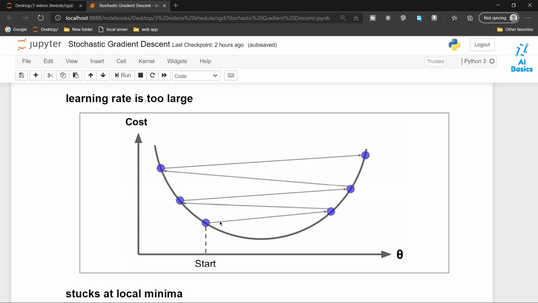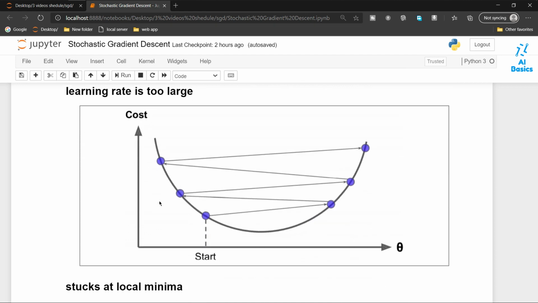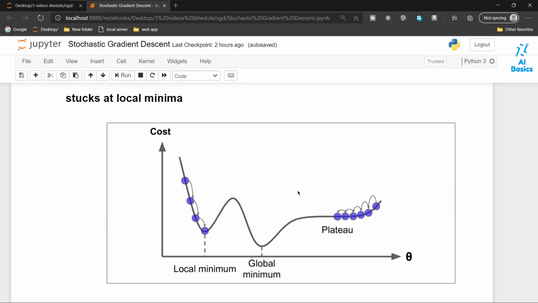In the last video I didn't change the learning rate, I kept it at 0.01. Now you can go and change that learning rate and play with it. You will find that if the learning rate is too high, you will get some NaN output, meaning not a number. Sometimes when our learning rate is very small, the model takes a lot of time to converge. You can visualize that also. So the problem with gradient descent is that sometimes it gets stuck at the local minimum and can't get from the local minimum to the global minimum.